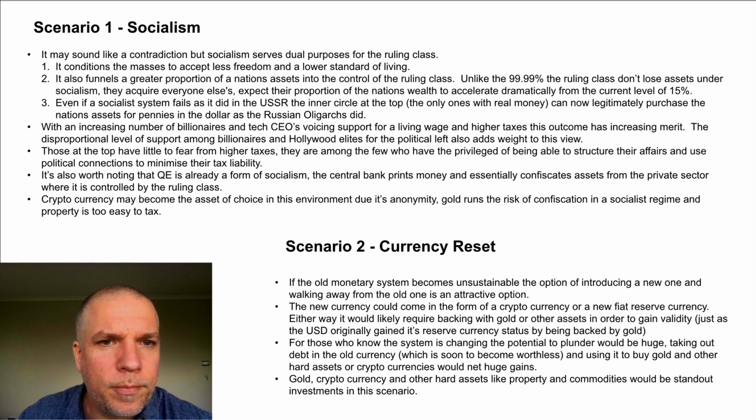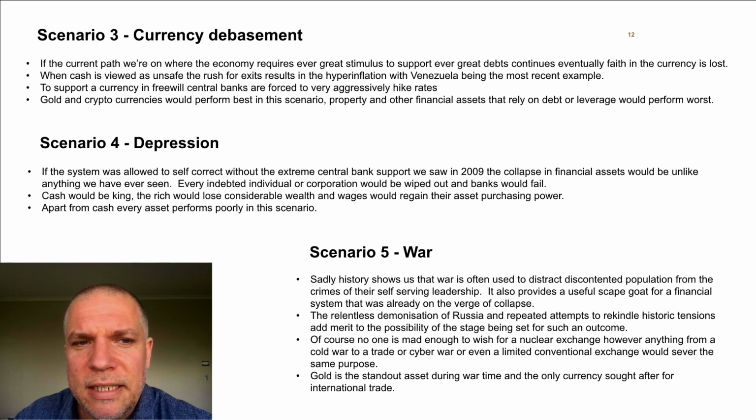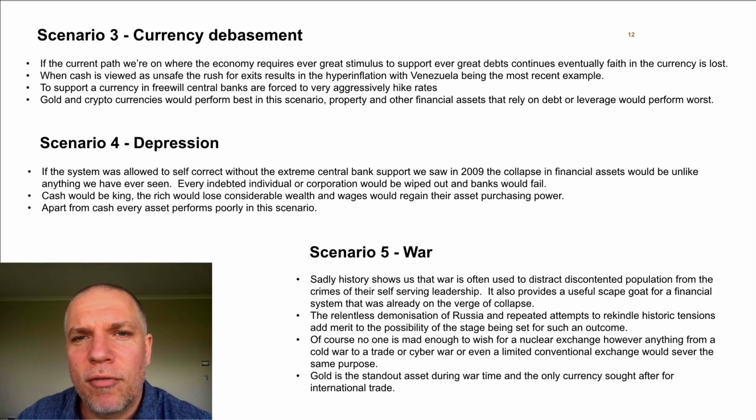Right, so scenario 3, I've called this currency debasement. This is basically if the status quo was taken too far, if the central banks step back into quantitative easing and just keep printing money, the market will quickly realise, man, we are never getting out of this. The central bank is never going to undo this printed money. They're never going to reduce their balance sheet and give those assets back to the private sector.